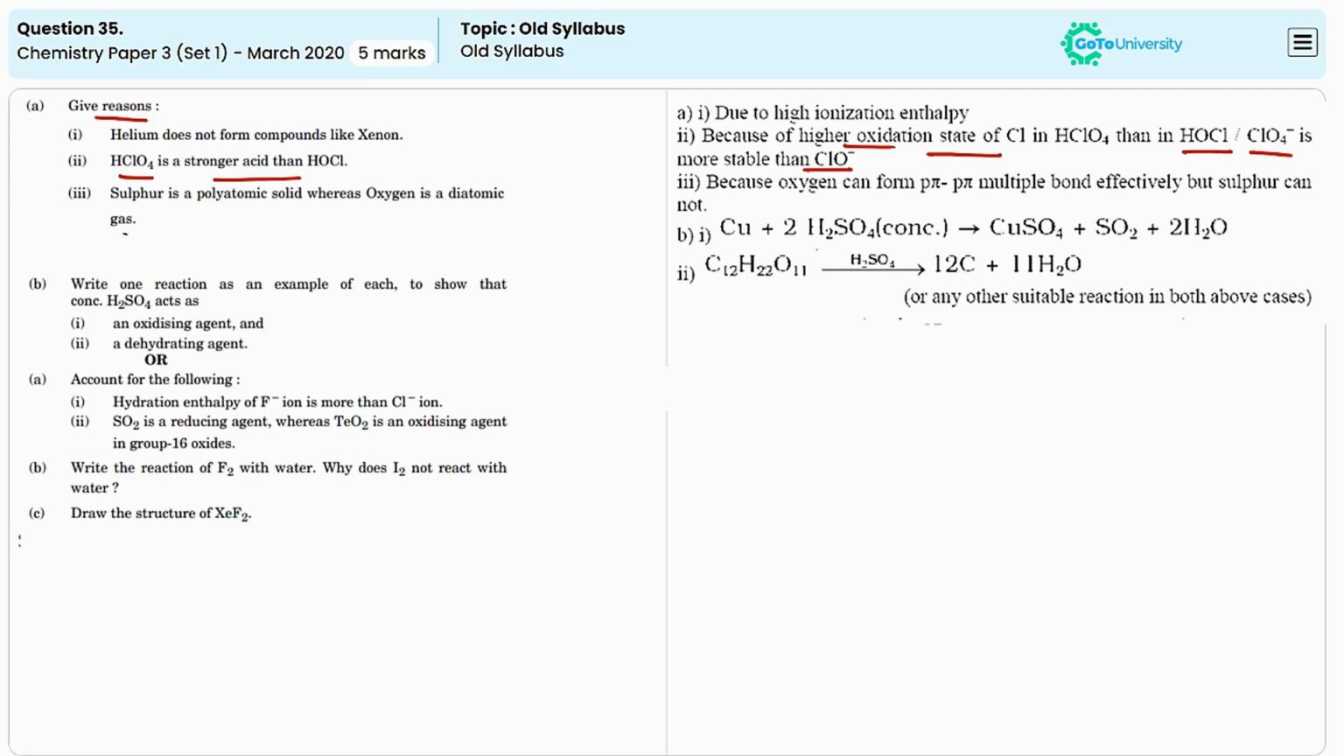And the third statement is given: sulfur is a polyatomic solid whereas oxygen is a diatomic gas. This is due to the differences in their molecular structure and bonding preferences. Sulfur commonly exists in the form of the S8 molecule, that is, a polyatomic molecule. This structure allows for multiple bonding interactions between sulfur atoms and leads to a solid state formed with